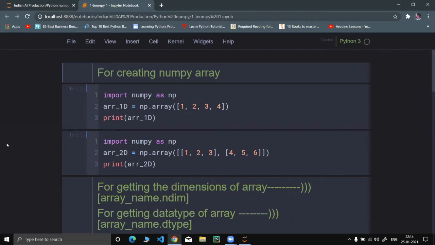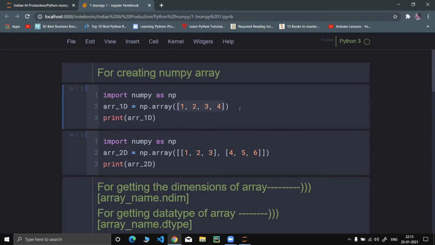Initially, in the first step, let's see how we create a NumPy array. This statement, import numpy as np, is common. If you want to use NumPy's functions, you'll have to import it. Suppose we name our array array_1d, as this is a 1D array.